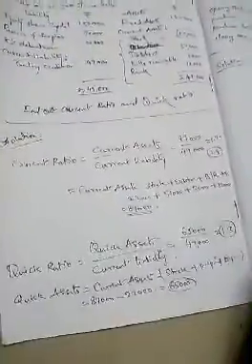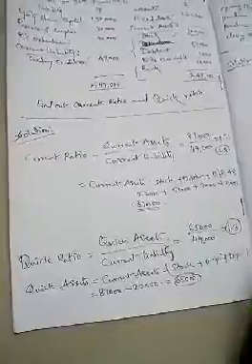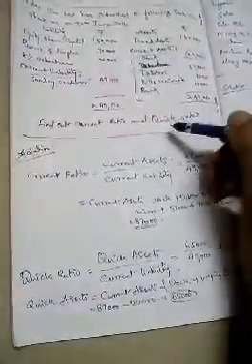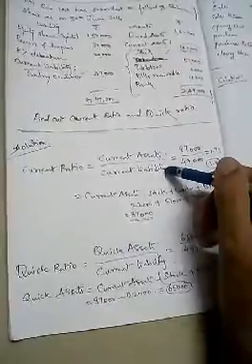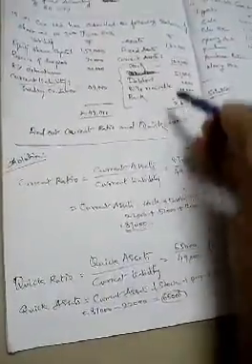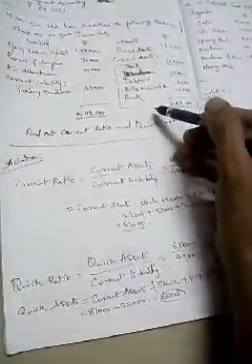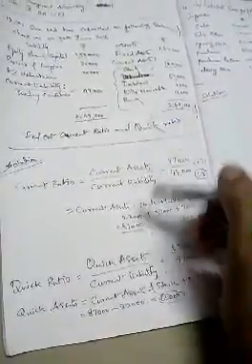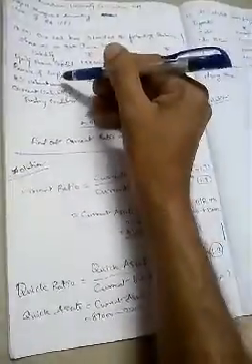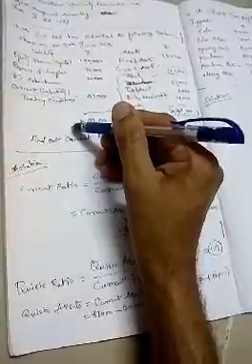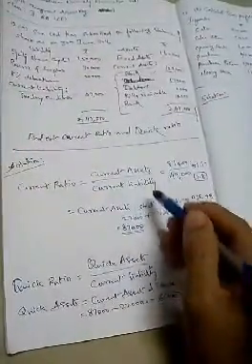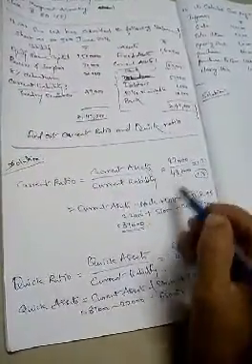So one problem is over. I am recalling again, current ratio is nothing but current assets divided by current liabilities. So you have to calculate the current assets in the problem, and likewise the current liabilities in the problem, and add them. Afterward you may simplify it, and you may get the answer.